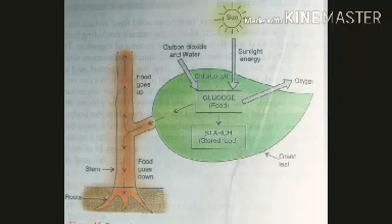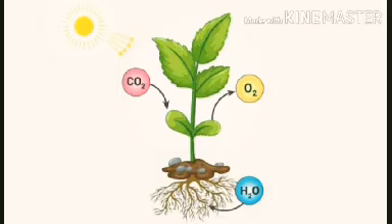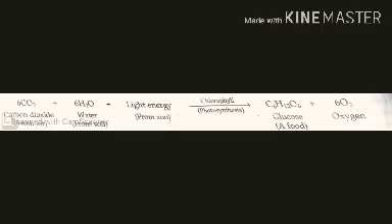A similar action takes place in humans, or other animals also. The stored energy is reserved as glycogen. This is an equation representing the energy production or formation in plants, that is, during photosynthesis. Here 6 molecules of carbon dioxide react with 6 molecules of water to produce glucose and 6 molecules of oxygen. Along with this oxygen, water is also produced, 6 molecules of water.